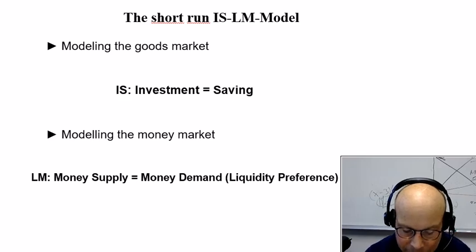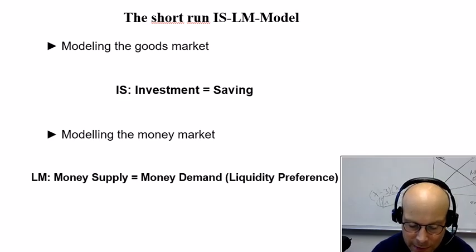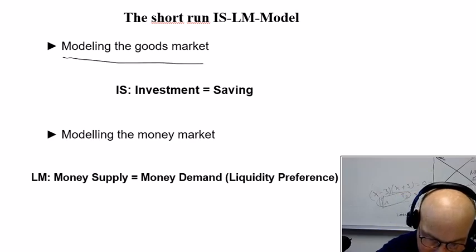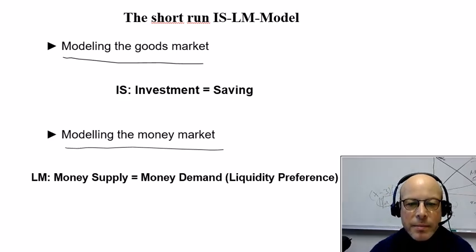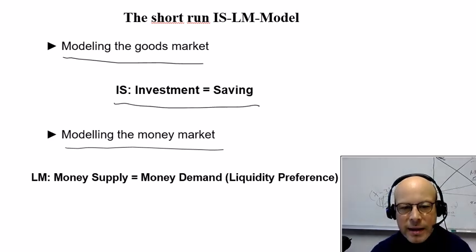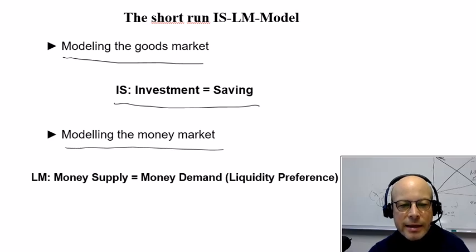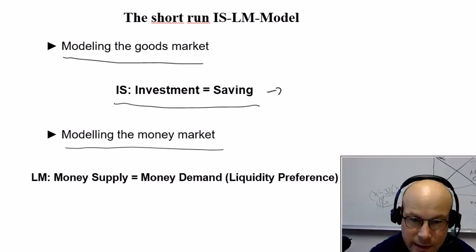But we start with the ISLM model, and I hopefully you remember that we look at two markets simultaneously, the goods market and the money market. At the goods market, we make the assumption that investments equal savings, and this is the reason for IS, where the name of the model is coming from: I for investment and S for savings, and this translates in our